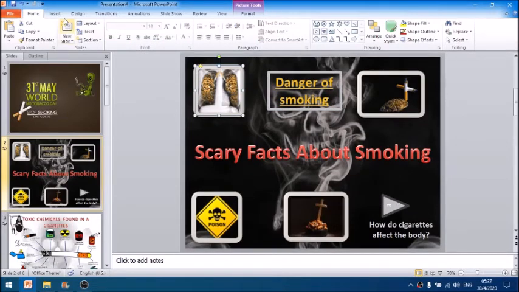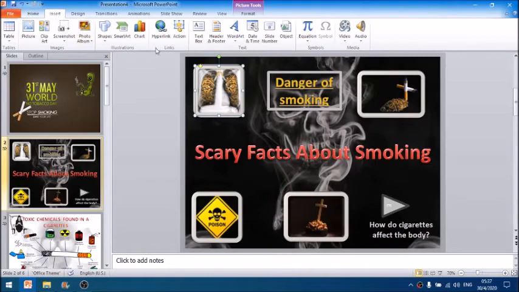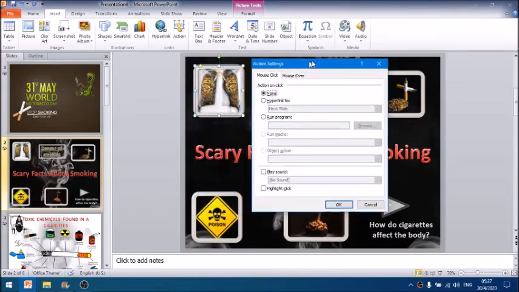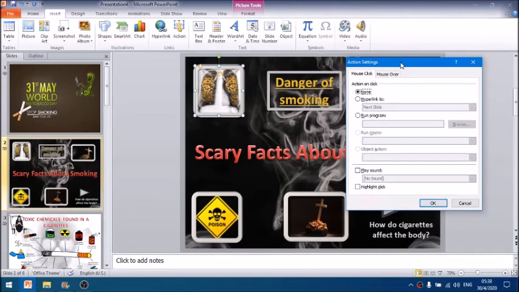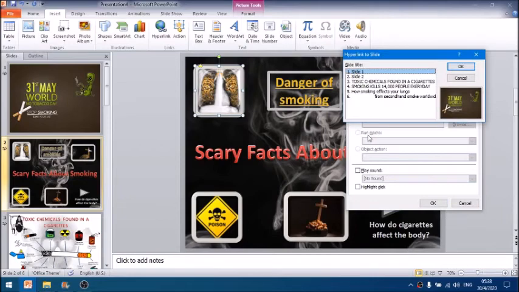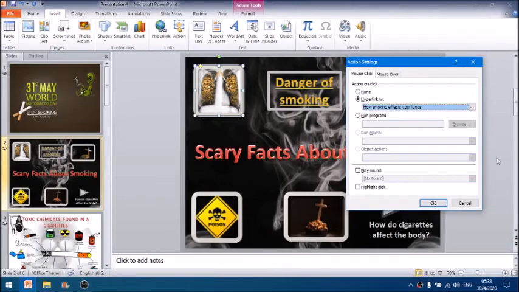I am selecting my object, and from the Insert tab in the Links group I am selecting Action. As you see, the Action Settings dialog box appears. It is the same dialog box which appears when you are creating action buttons. And now we say that on a mouse click we want to go to slide number 5, if you remember. Yes, you want to go to a special slide, which is how smoking affects your lungs. So yes, okay, even it helps you to see the